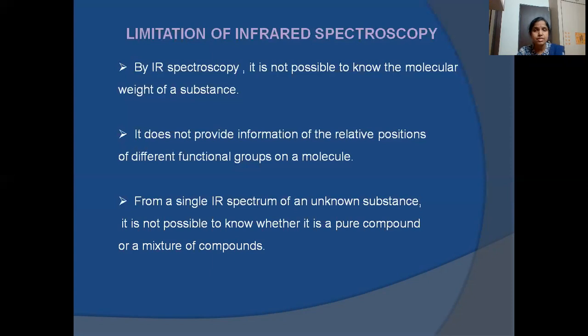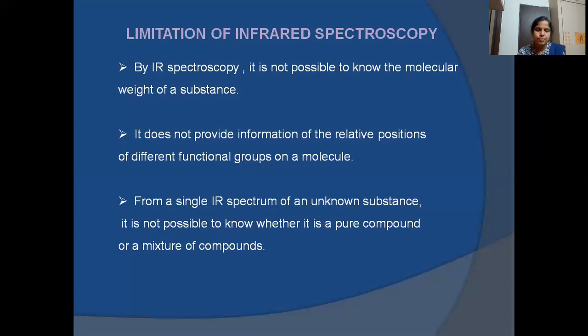Instrumentation: what are the different samples that we can take for the study of IR. The samples may be solids, liquids, or gases, and we saw how to load the sample in the spectrometer. Then we have seen FTIR, how it converts the time domain spectrum to the frequency domain spectrum, and the vibrational frequencies of all the functional groups, starting from alkanes, alkenes, alkynes, alcohols, carboxylic acids, and their derivatives. We also covered how we can distinguish whether the benzene is monosubstituted or disubstituted.